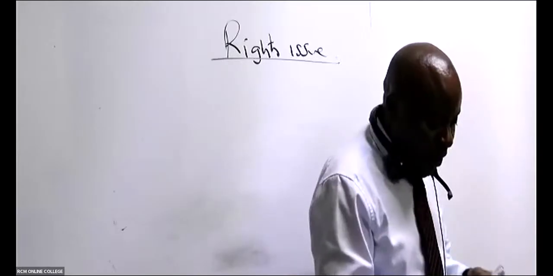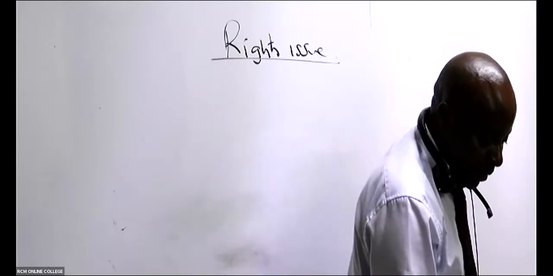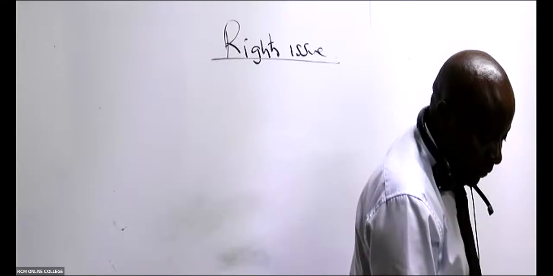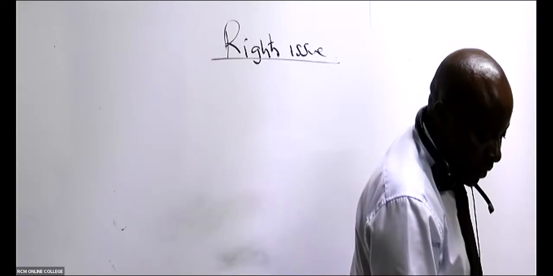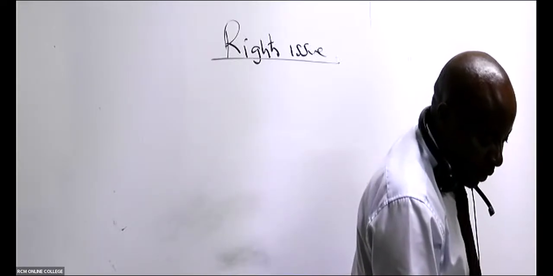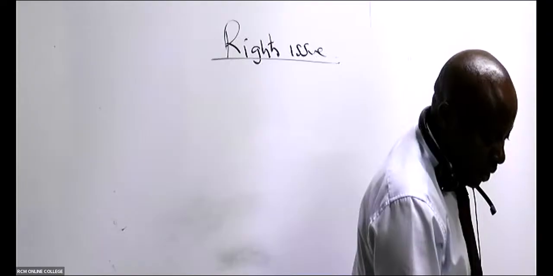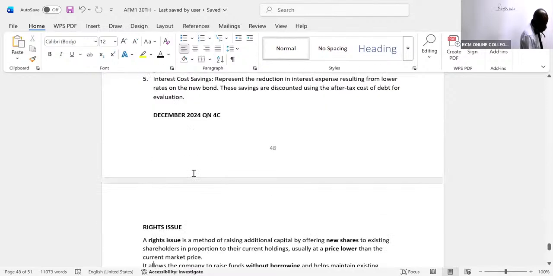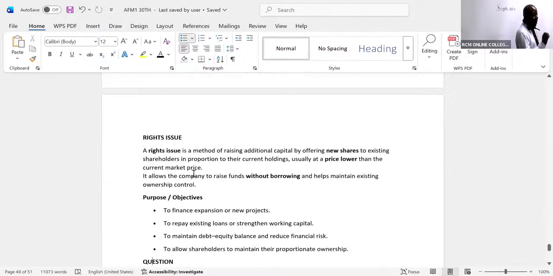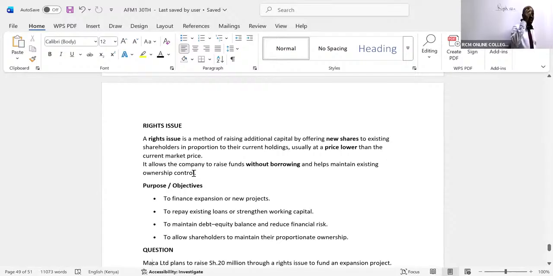So now we can continue, ladies and gentlemen. Remember, what do we have here? Yeah, rights issue. Everybody must have heard about rights issue. What's a rights issue? Shares being sold to existing shareholders at a discounted price. We have what we call a bonus issue. Here shares are being issued to existing shareholders, but for free. You're given shares for free.